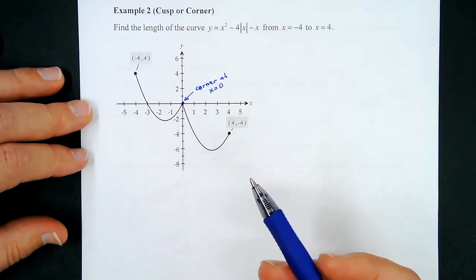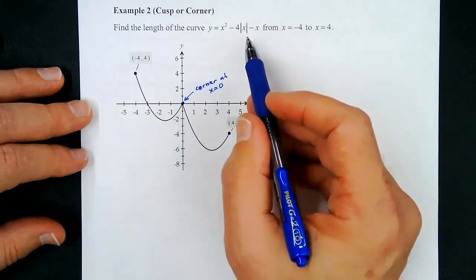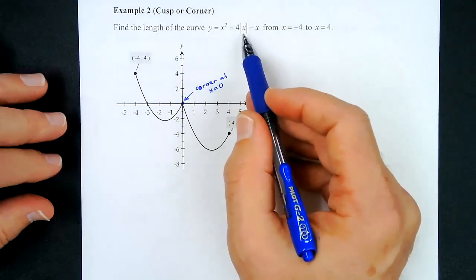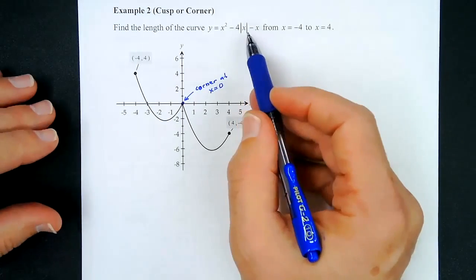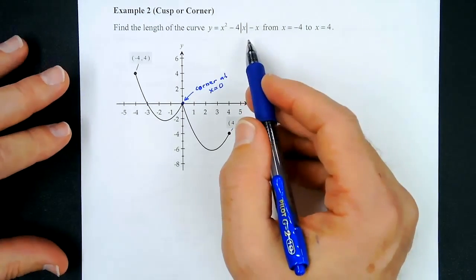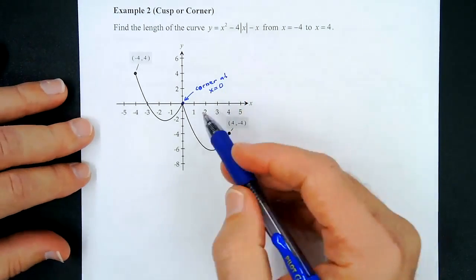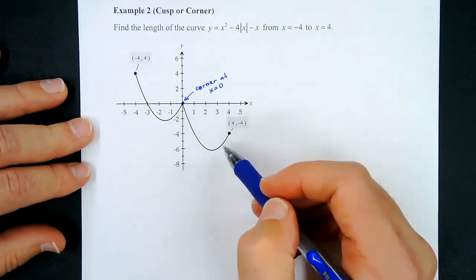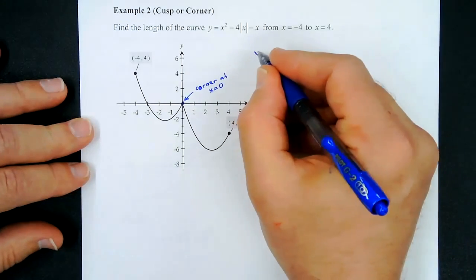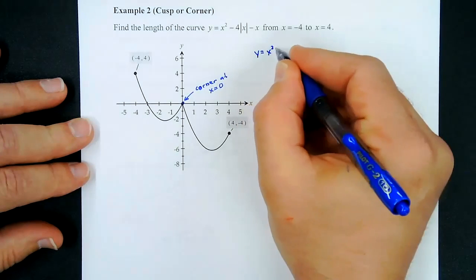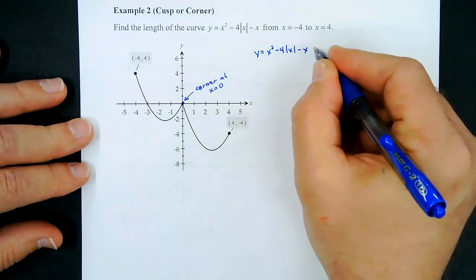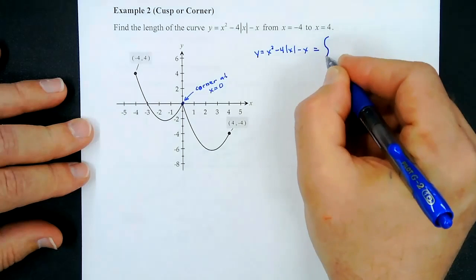And that's basically how we're going to do it. Okay. Now, this absolute value is really hard to integrate. There's no antiderivative for the absolute value of x. So we have to write this as a piecewise function because really it's two pieces. It's going to be this piece, and then plus this piece. Okay. So y equals x squared minus 4 times the absolute value of x, minus x is equal to, okay,